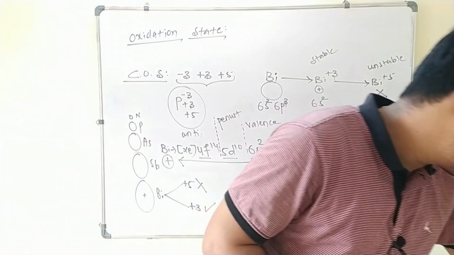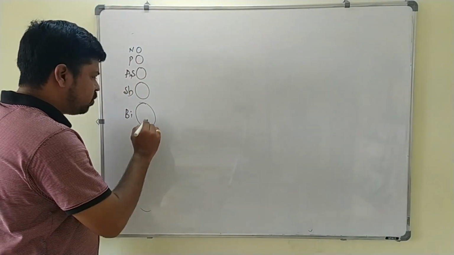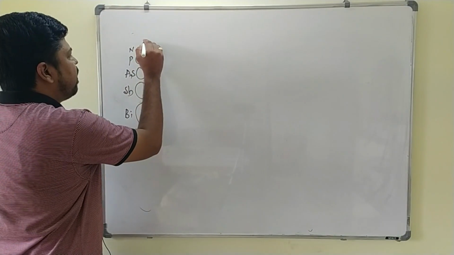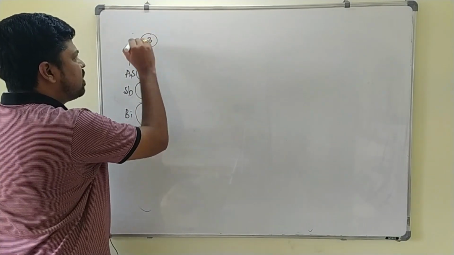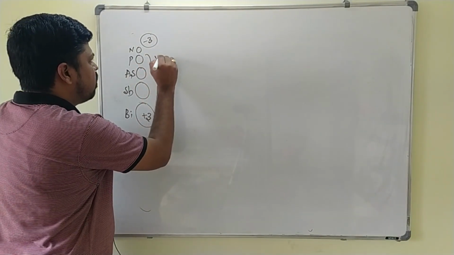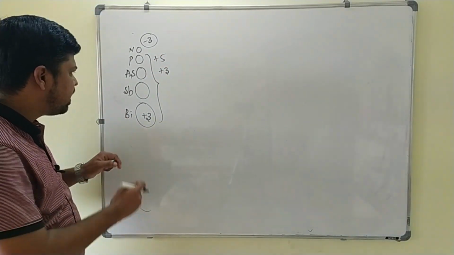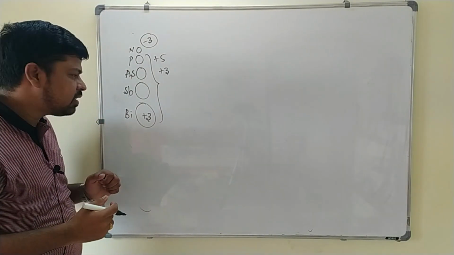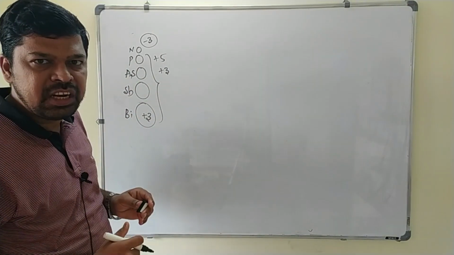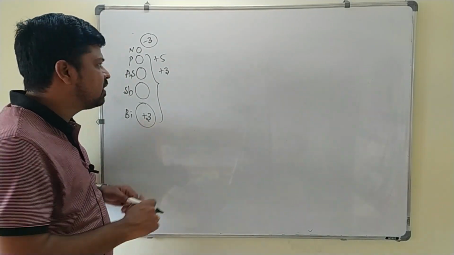Now we will write some other points here. Due to inert pair effect, bismuth shows only +3 oxidation state, and due to high electronegativity, the maximum tendency of -3 oxidation state is present in nitrogen. The remaining elements show +5 as well as +3 oxidation state. So, due to inert pair effect, as you come down the group, atomic size increases and the atoms which are having completely filled d and f orbitals suffer from poor shielding effect. Because of that, down the group the stability of the +3 oxidation state increases.